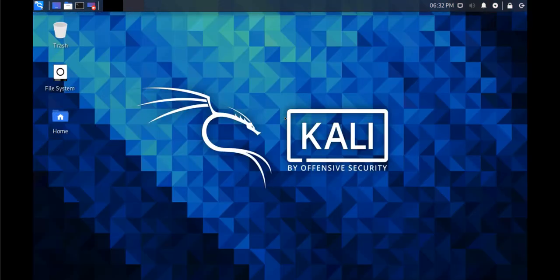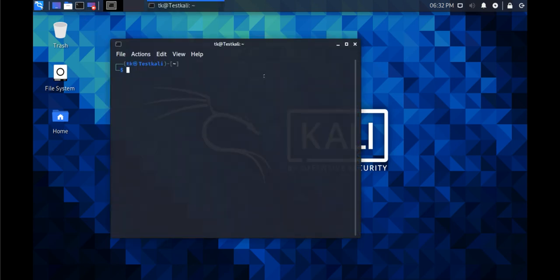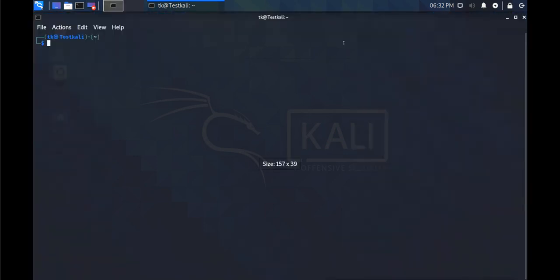Now when you start this for the first time after installing, you should update it. Update means updating all the applications and everything, and that is why we set up that mirror. So you open the command prompt from here, and you can see this is the username and this is the machine name.